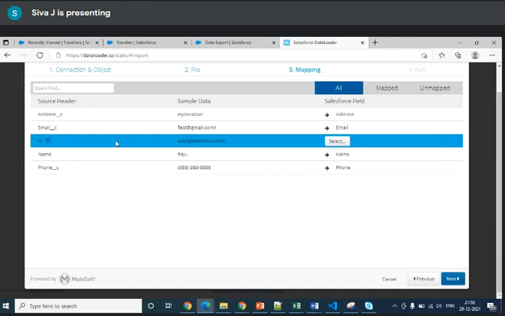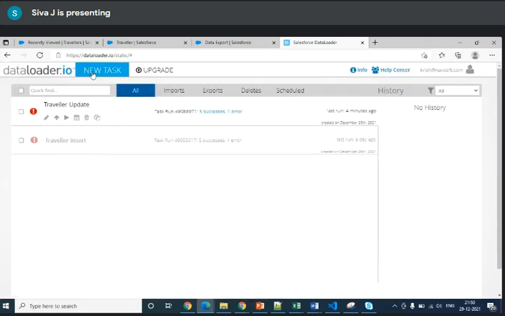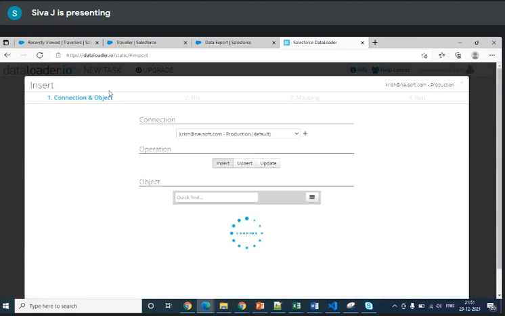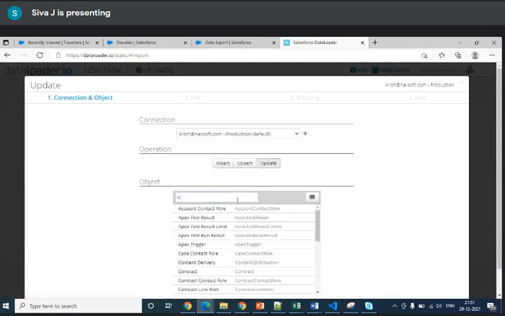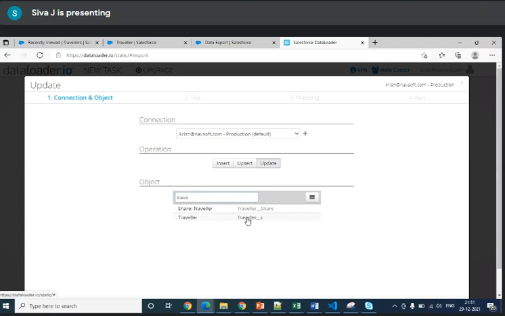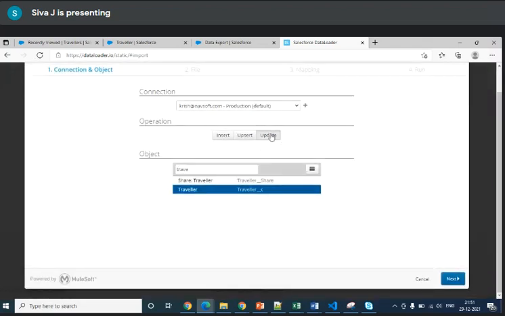So this is an ID here. Krishna, you selected the import option, not update. Okay, that is the reason I'm not able to find the record ID. I should choose only either update or upsert, then only I can find that.